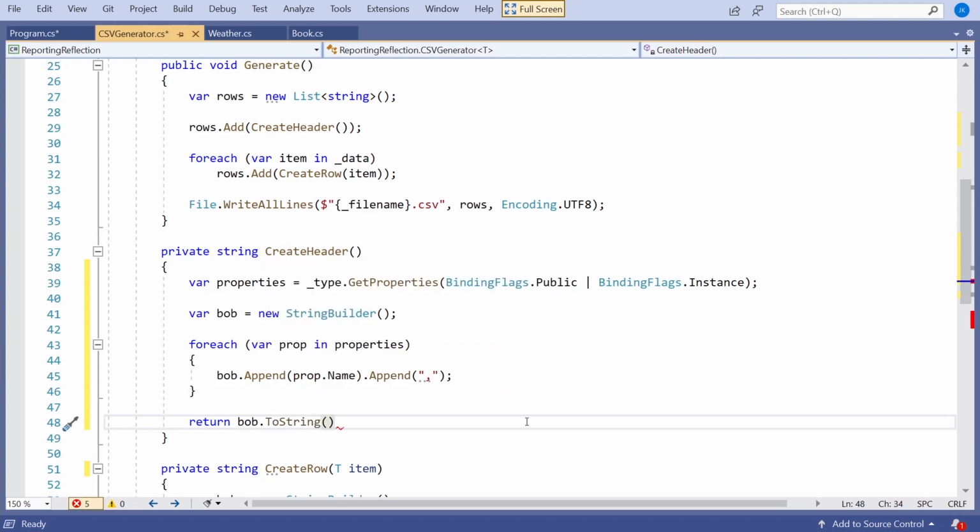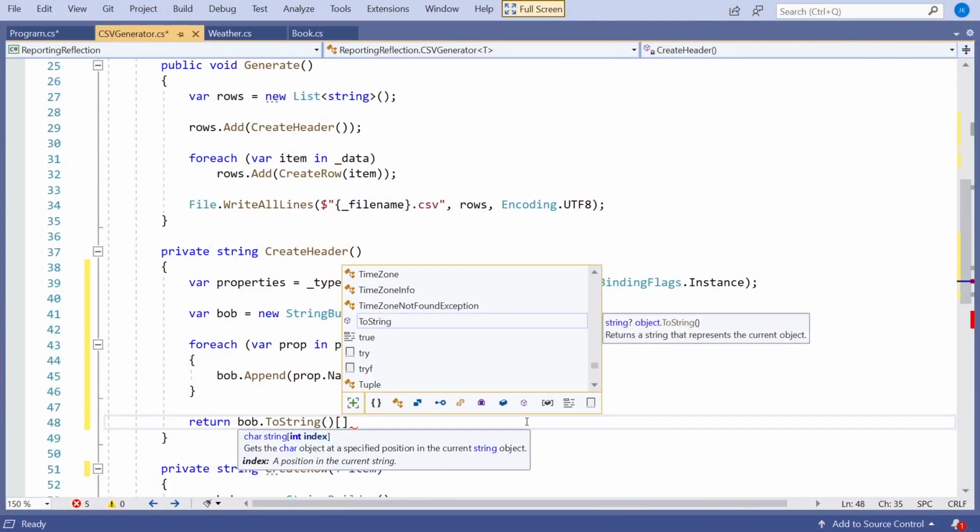You might notice one slight problem we get there, actually. We're going to have a trailing comma, because it's appending the comma on every one of those. Now, actually, CSV is kind of relaxed about this. It's probably not going to cause too many problems, but let's be absolutely strict and get rid of that one. And a nice little trick, something that came in C# 8, which I don't think I've covered in a video, so I may come back to this and show in a bit more detail, is the idea that we can do ranges in C# 8.